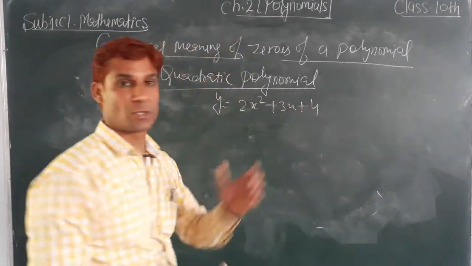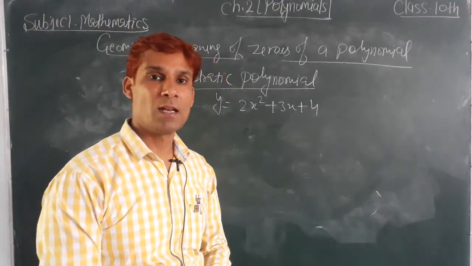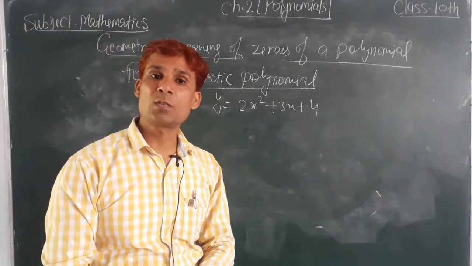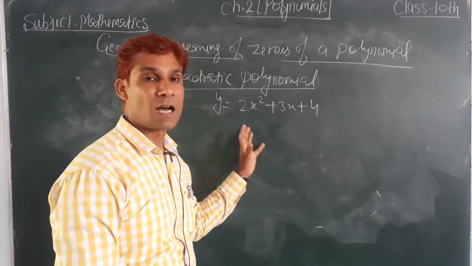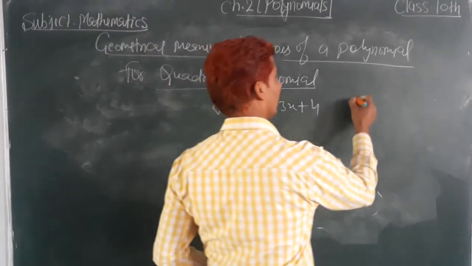This is a quadratic polynomial. Similarly, you can draw the graph of this quadratic polynomial. When you draw its graph, the graph always comes in these two forms, either this